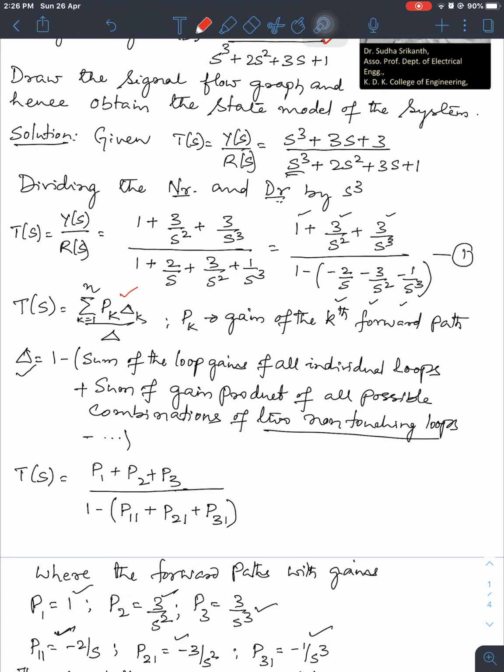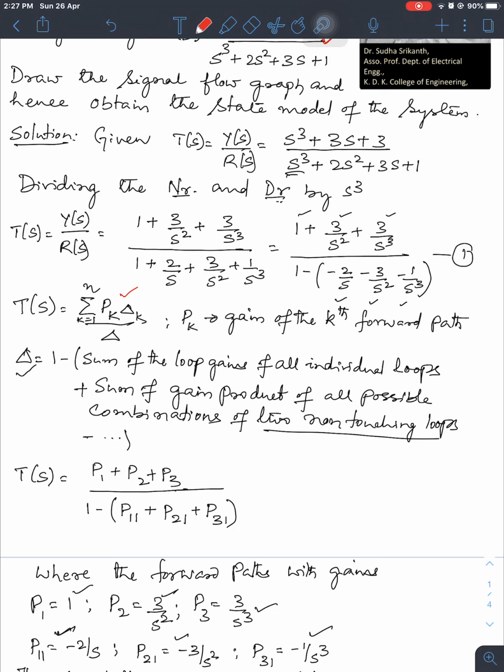This is something with which we are familiar, where pk we identify as the gain of the kth forward path, and delta, which is the determinant, is equal to 1 minus the sum of the loop gains of all individual loops